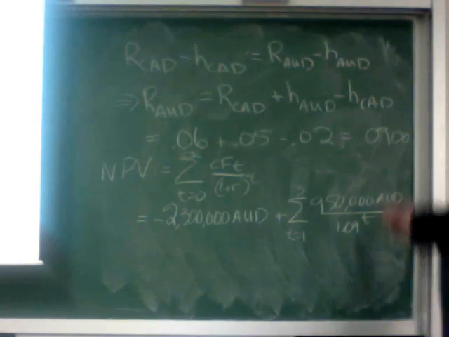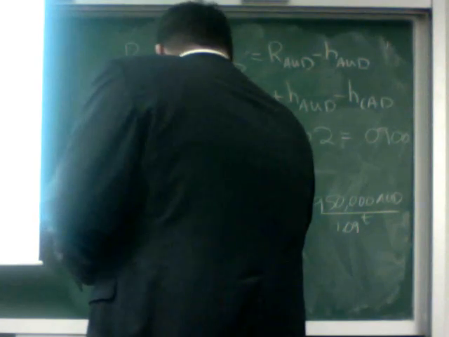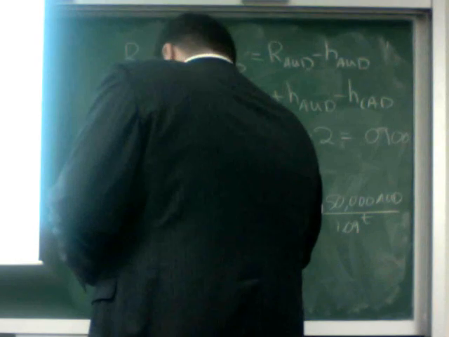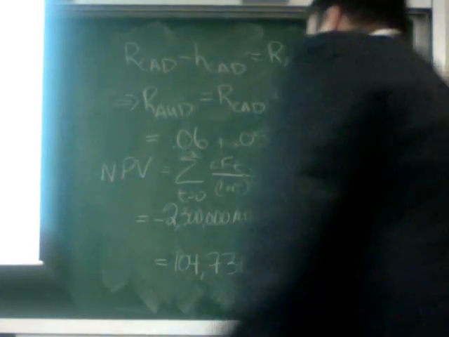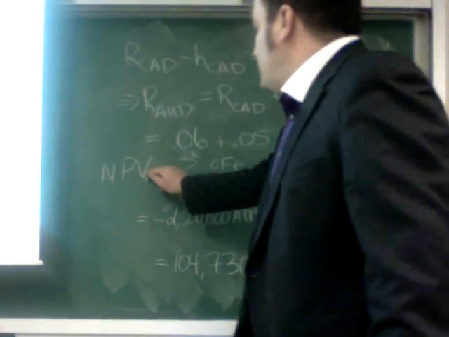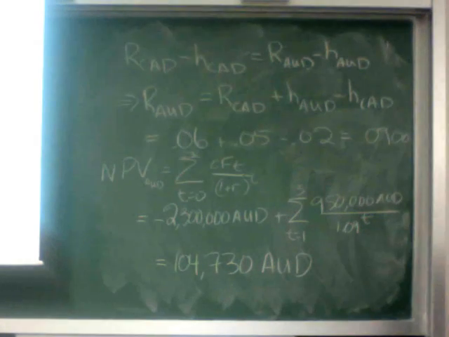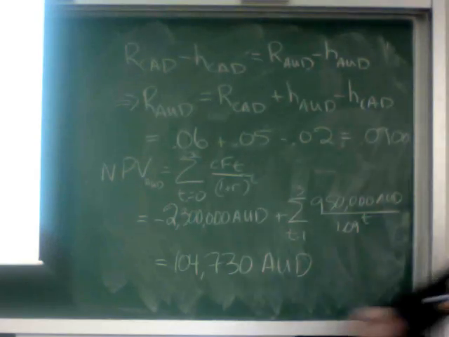So you could also do it using an annuity. So then you get to, so now what you have is what is the net present value of that project in, you could call it net present value in Australian dollars. That project in the net present value is 104,730, and so